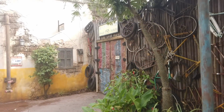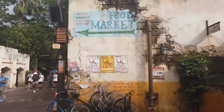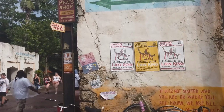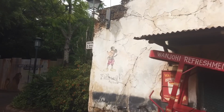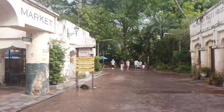This side of Africa is one of my favorite spots for theming. If you look, it's incredibly detailed. It really looks like you're walking around in the streets of an African port town, which is so, so cool. There are these posters here for Festival of the Lion King, some music blaring, a not so hidden Mickey saying hey. Hey! So cute. And continuing on that way, we'll take you over into Asia, but we have to check out